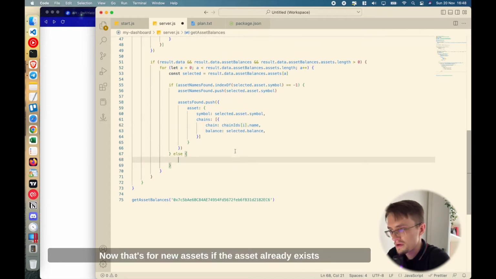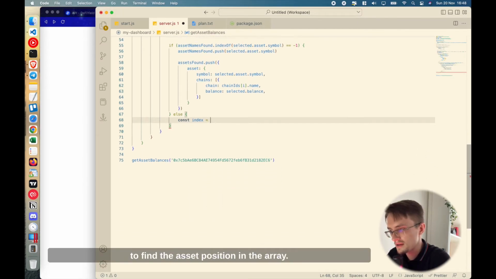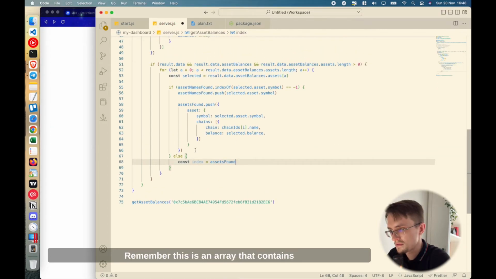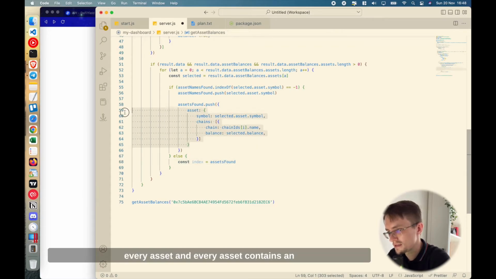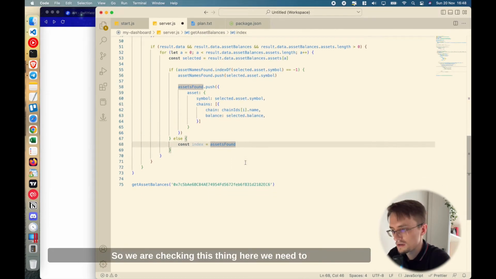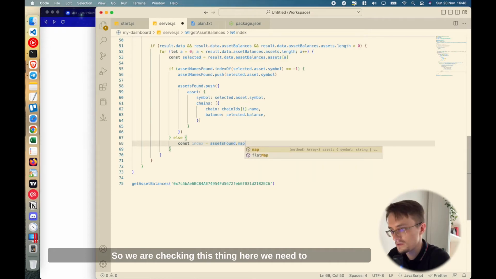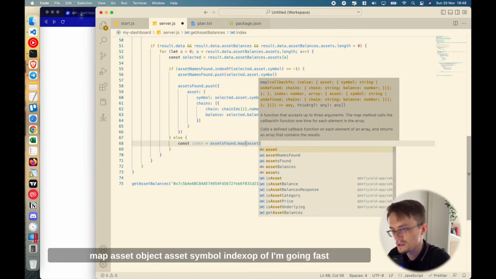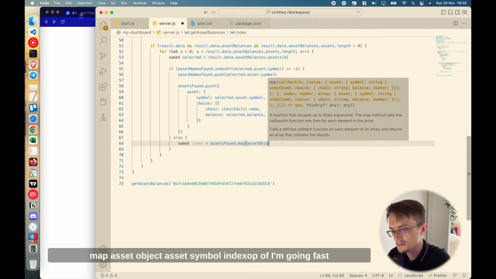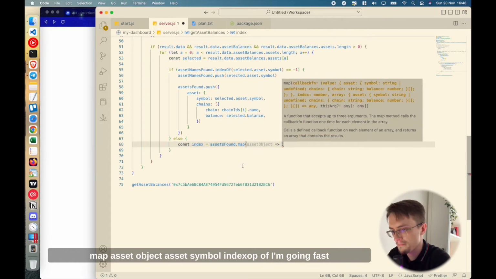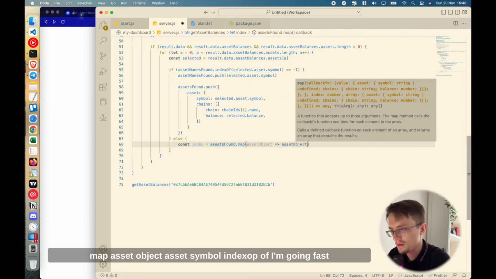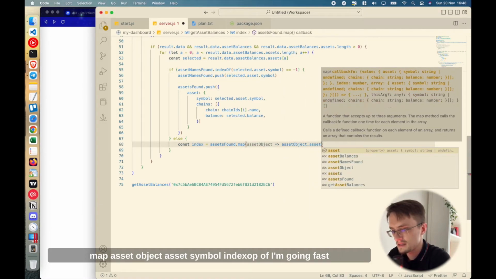If the asset already exists, we do the following. We do the index. We try to find the asset position in the array. Remember, this is an array that contains every asset, and every asset contains an array with the chains and balances. So we are checking this thing here. We need to map the asset object. Dot asset dot symbol